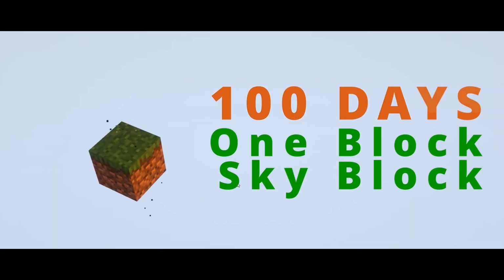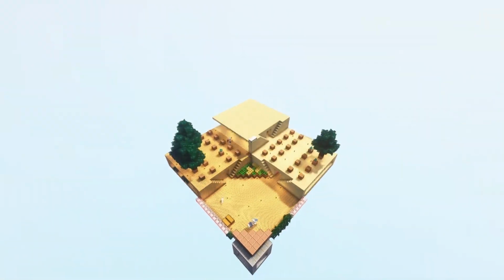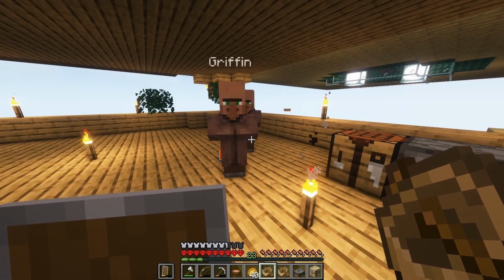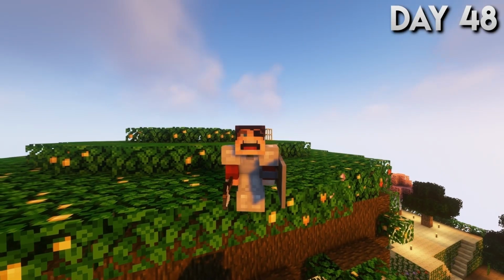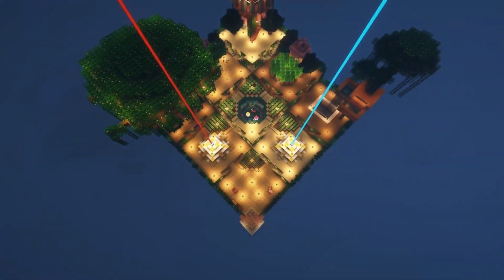365 days in Skyblock world. I spent the first 100 days recreating the Bowery stepwells from India, with its signature squares, shapes, and symmetry. Heck, I even got a chance to meet my heroes, Walter White from Breaking Bad and Peter Griffin from Family Guy. We also built some awesome creations, like this cleverly disguised mob farm. Add in a treehouse, a villa-style iron golem farm, a pool, and 2 beacons, and that completes my 100 days